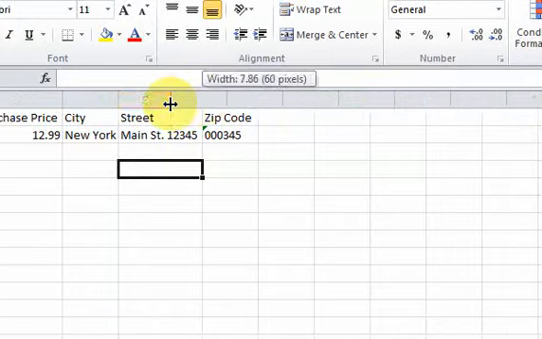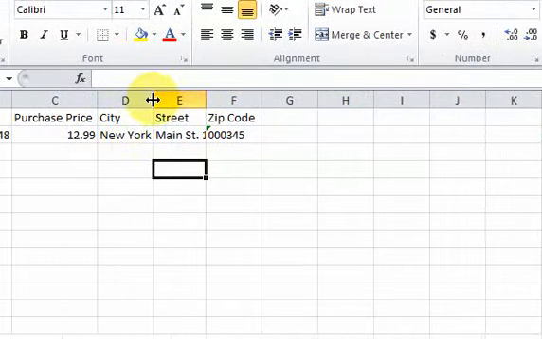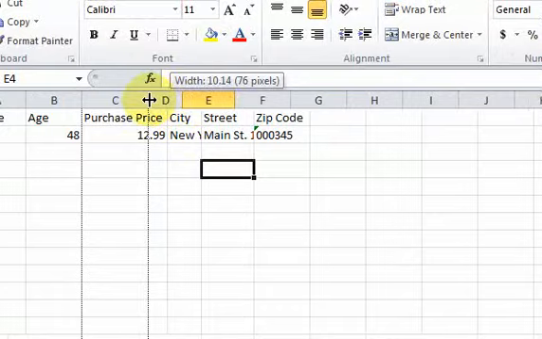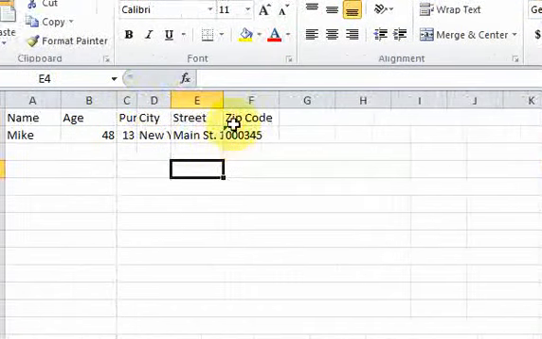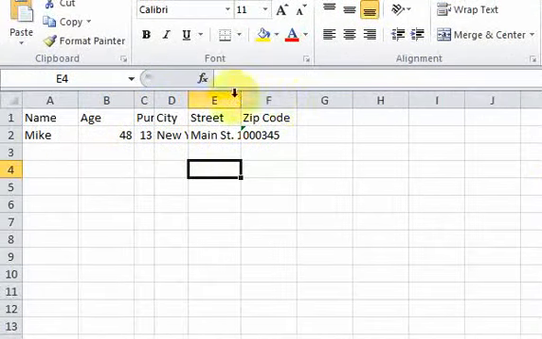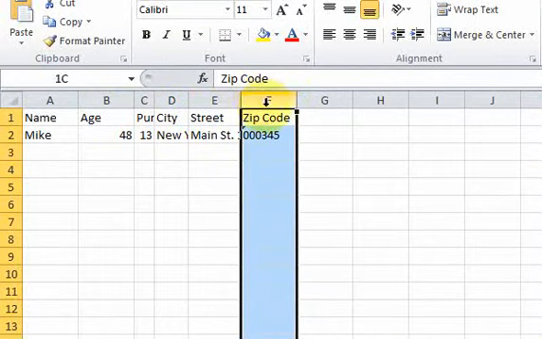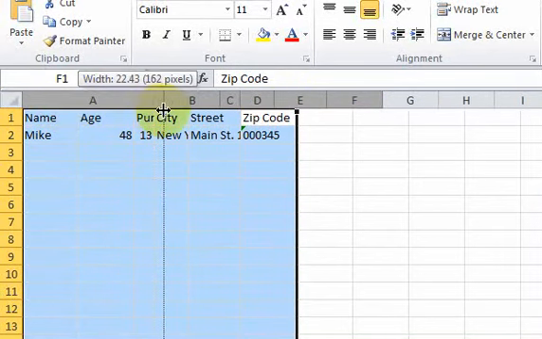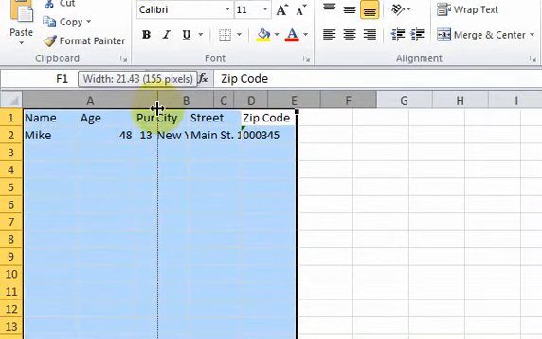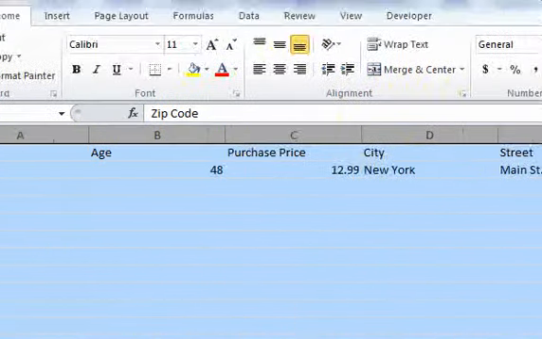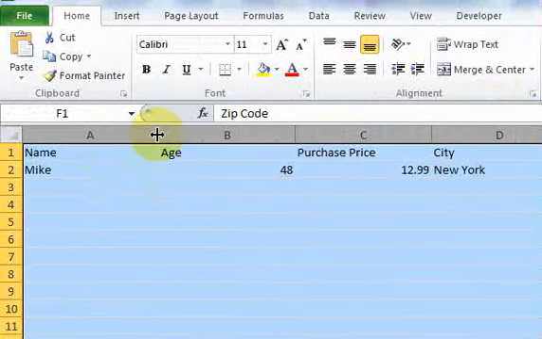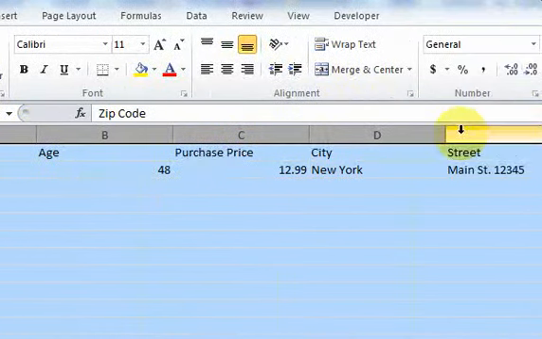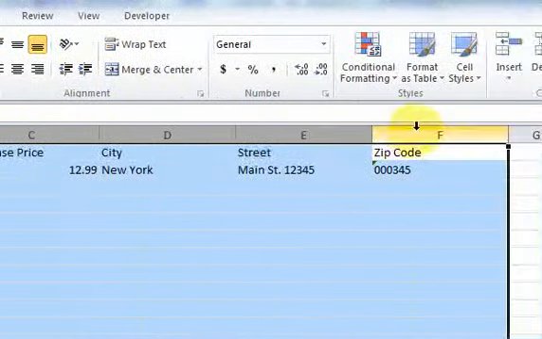Now what if you had a situation where a bunch of columns were that same way? So all the data was being cut off because the columns were not big enough. Well, then you could do all those things that we just did. You can highlight all the columns, and you could drag a width of a column, and it'll make all the other columns that same width. So see what it did? I just dragged that column, and because they were highlighted, it made all these other columns the